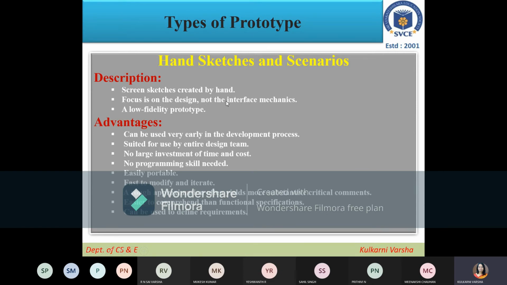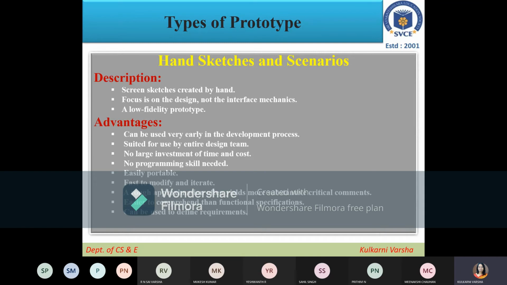Whenever we are doing a prototype using hand sketches, we are not bothering about what interface mechanism will be applied. If the user is clicking on insert the data, or exit from the current screen, or submit the data, then if he says insert the data, what screen should appear? That is the next screen when he clicks on insert.